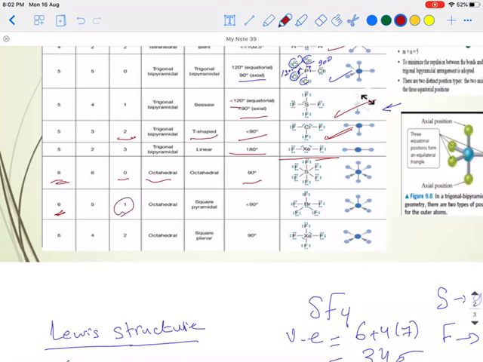If instead of 1 bond here it is substituted by 1 lone pair, it will be square pyramidal like this one. And if it's substituted by 2 lone pairs, it will be square